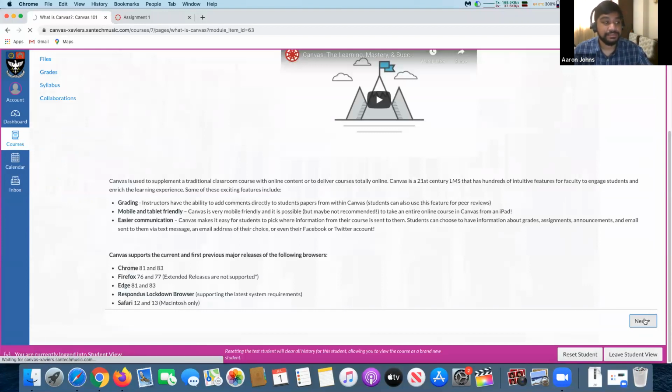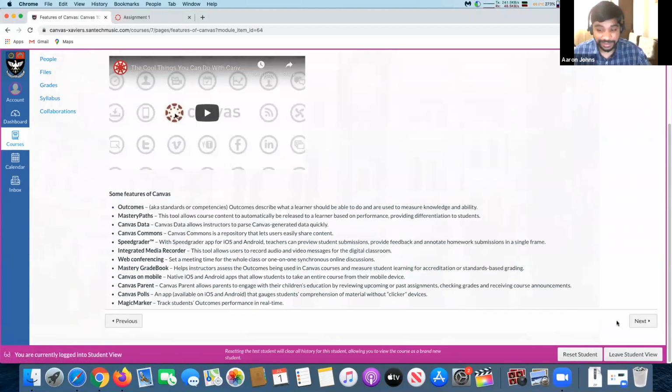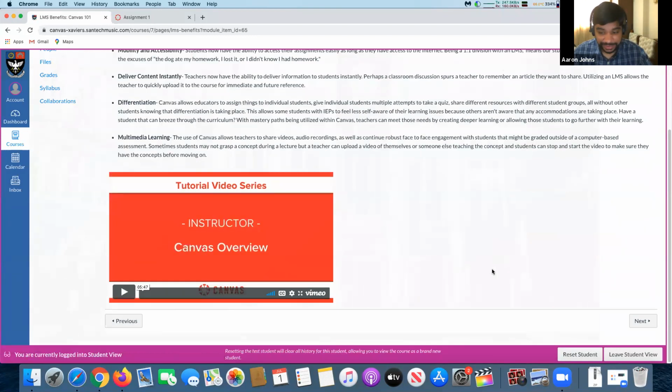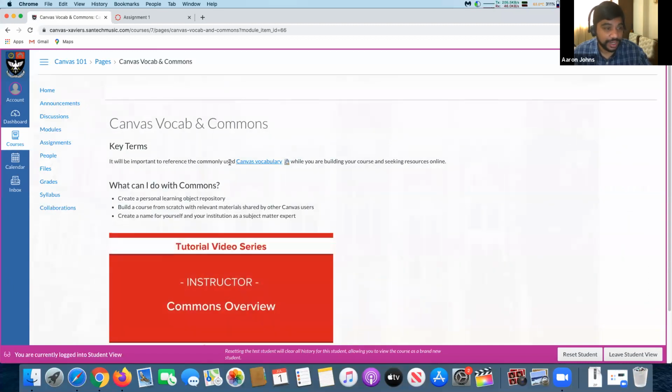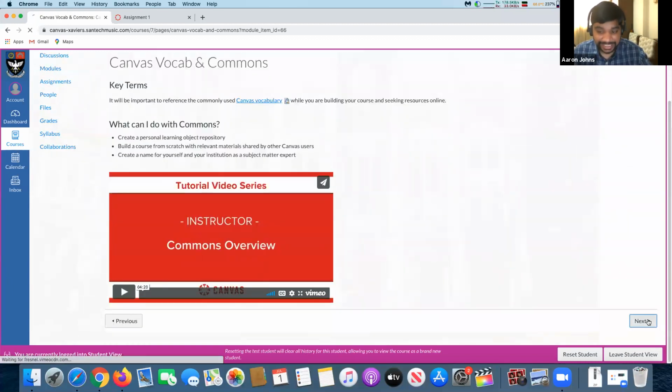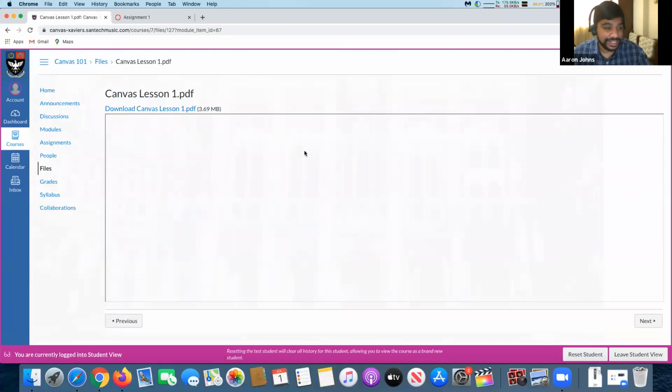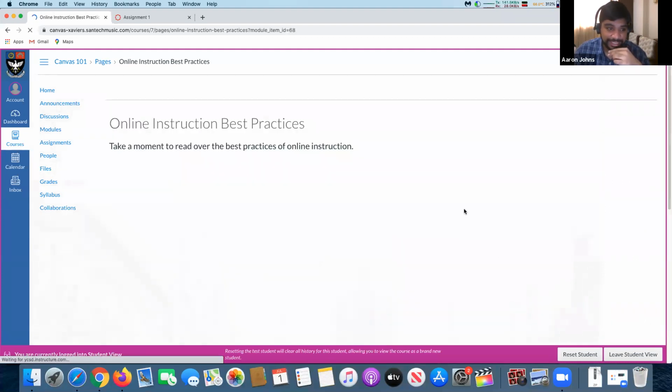Then I have to find out what are the features of it. Go through it. The students have to go through it. Third, what are the benefits of it? Obviously, I have to go through all this content. For vocabulary, understand what it is. And fifth, look at this lesson. So you have to view all of this, by the way, in order to distill it. And sixth, let me show you another thing. Institutional practices.